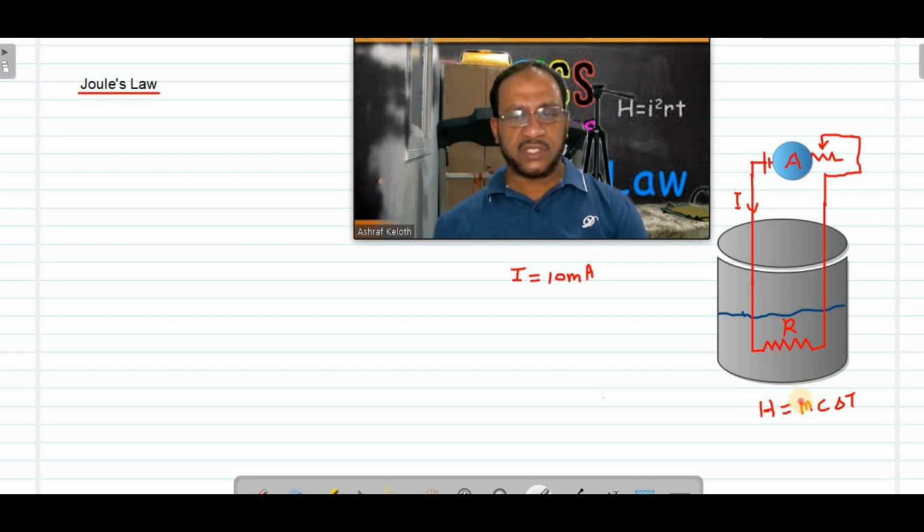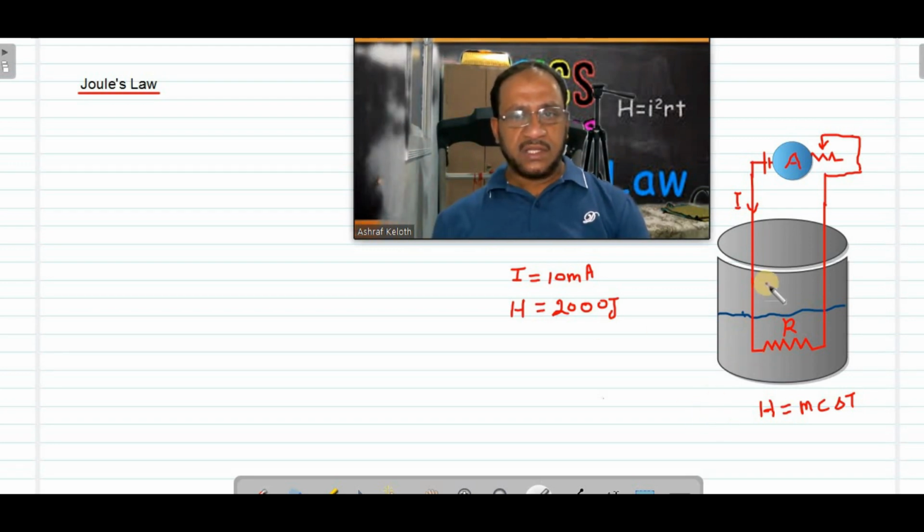Suppose the mass is taken as 2 kg, so 2 kg times 4200. Delta T is the temperature increase. Suppose initially the temperature was 30 degrees Celsius. After heating for a few minutes it becomes 50 degrees. Then 50 minus 30, 20 will be the delta T value. Got the point? In this example, suppose that the heat energy produced is, say, H equal to some 2000 joule. I'm just taking an example, not an exact value. The heat energy produced in water because of the 10 milliampere current is 2000 joule.